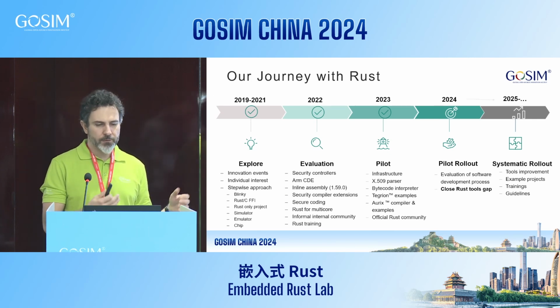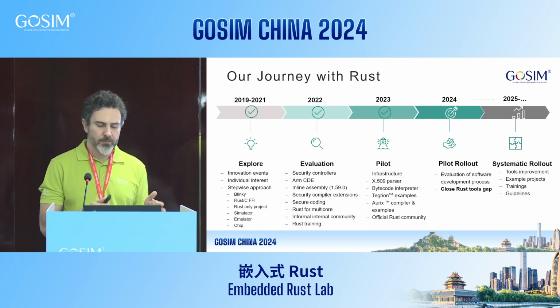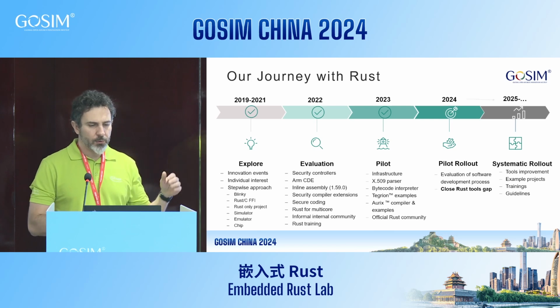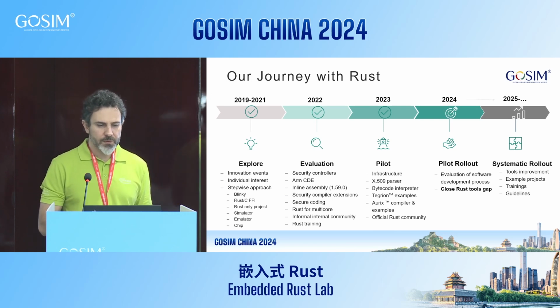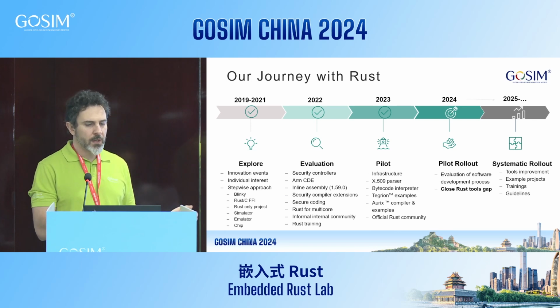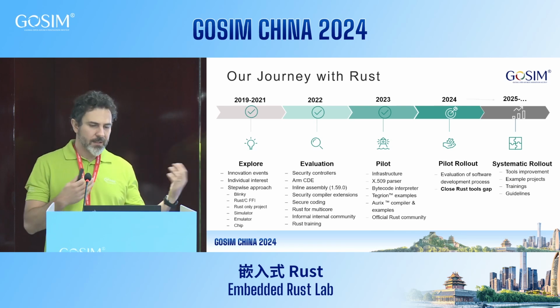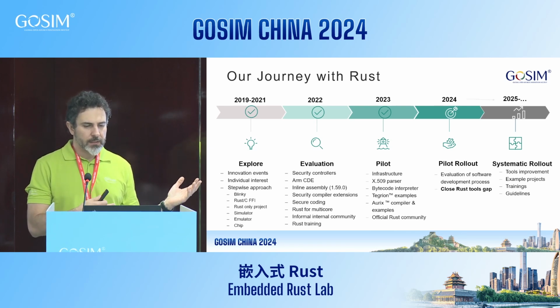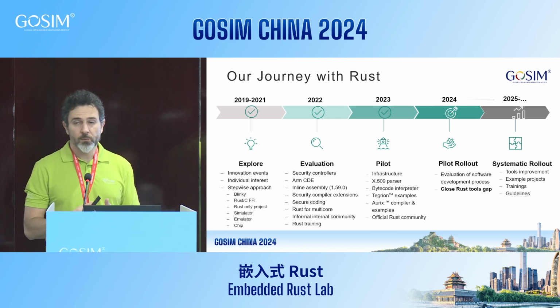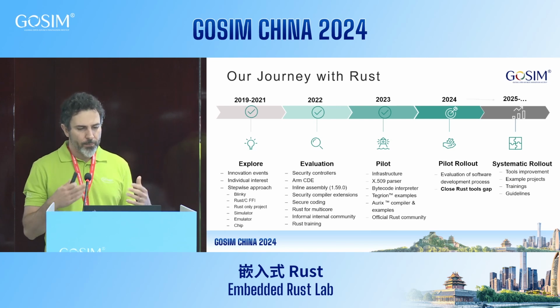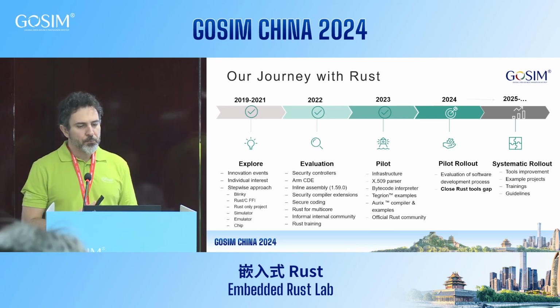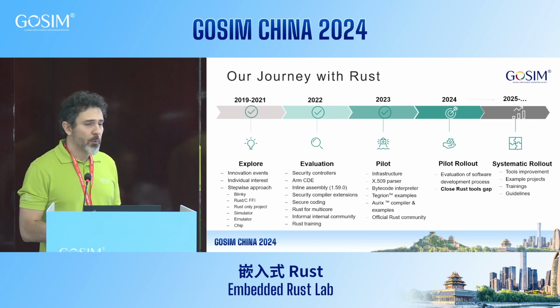And we created then the first innovation project inside Infineon to evaluate Rust in a deeper sense, looking into our security controllers, things like the ARM custom data path extensions we evaluated. We also evaluated inline assembly that was then shortly stabilized in Rust. It was a really nice thing for us back then because we need inline assembly even when programming in high-level languages now and then. We evaluated the security compiler extensions,